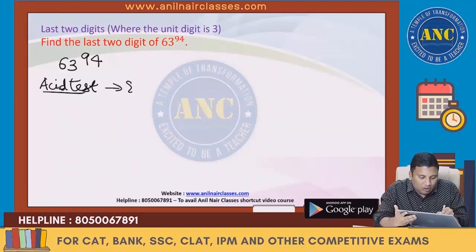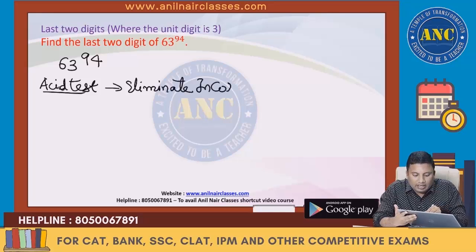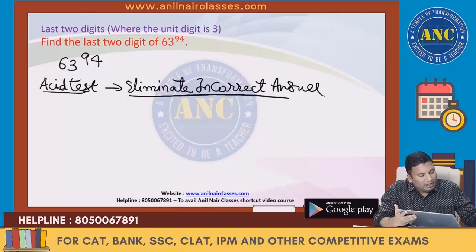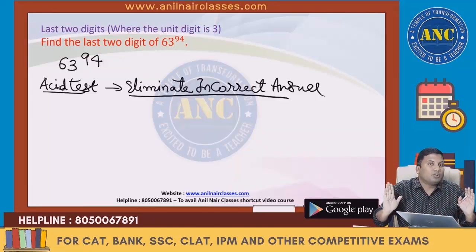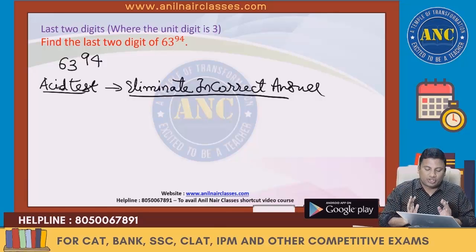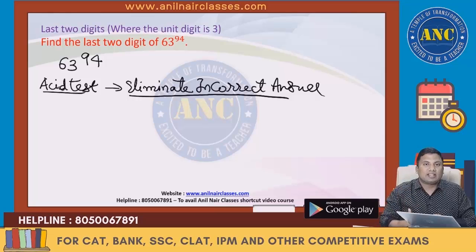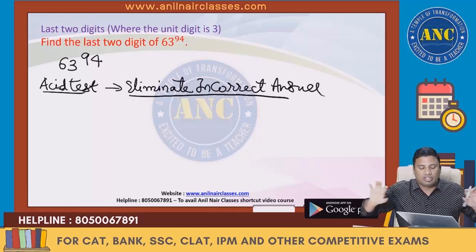Acid test will tell you to eliminate incorrect answer options. Acid test will never give you the right answer. Just by looking at a question, you can tell that these options are incorrect. If 4 options are there and 3 are incorrect, the 1 that is left is the only answer. Not telling that 3 are right, but it also tells that the 4th is right.